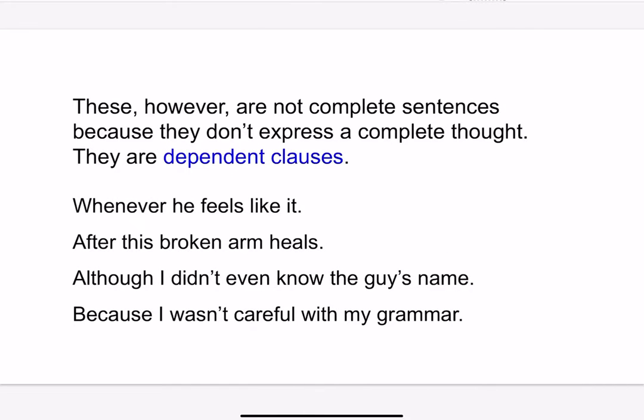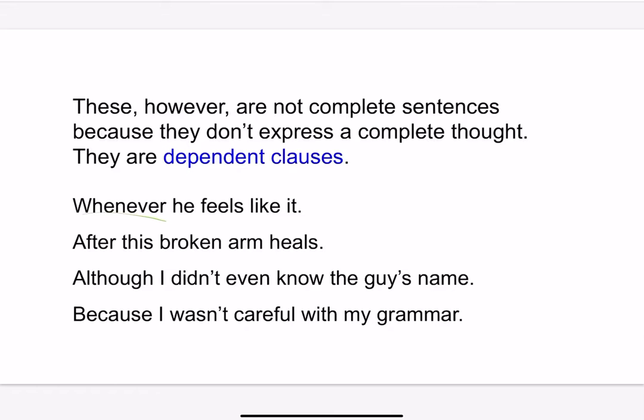Now, sometimes we do have a subject and a verb, but we still don't have a complete thought expressed because we have what's called a dependent clause. "Whenever he feels like it" adds the word whenever to the beginning of this sentence here, so we don't have a complete thought. If I just said "he feels like it," that would have been fine. That would have been actually expressing a complete thought. He would have been doing the action of feeling. He feels like it. When we add the word whenever to the beginning, we've caused it to be a dependent